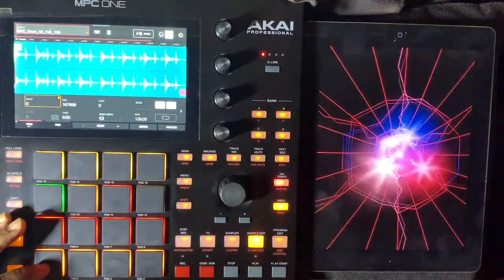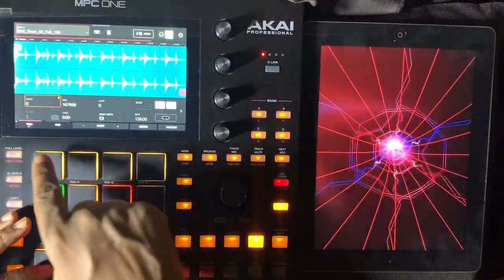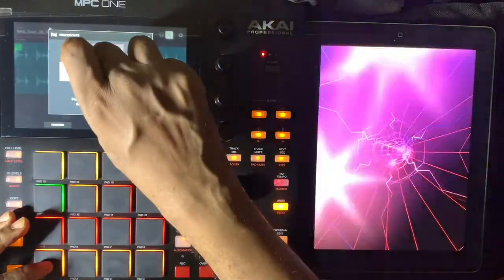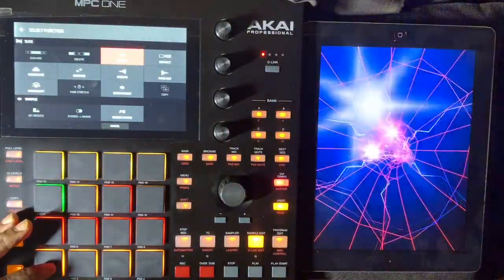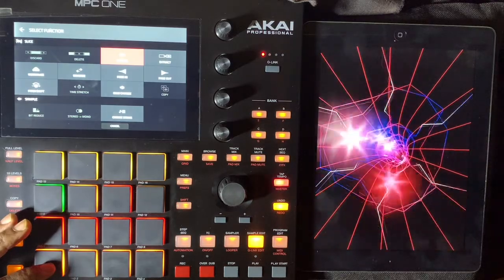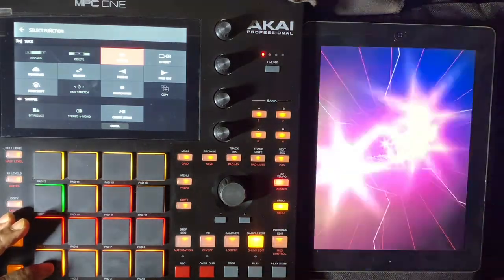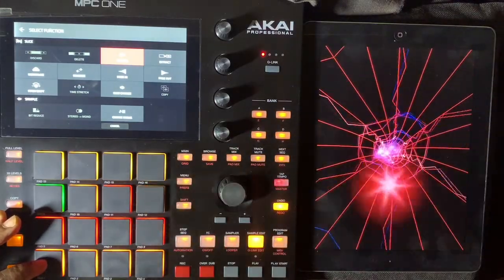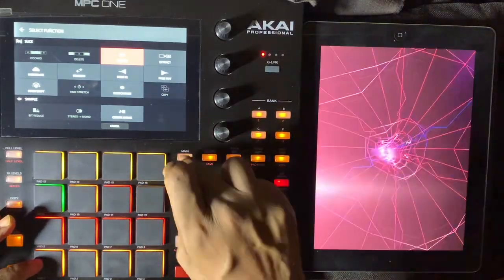Let's see what options we have. So we have trim, we have assign, process. I can pitch it, reverse, fade in, gain change, normalize, create stems. Oh, I can create stems. Oh, okay, let's just